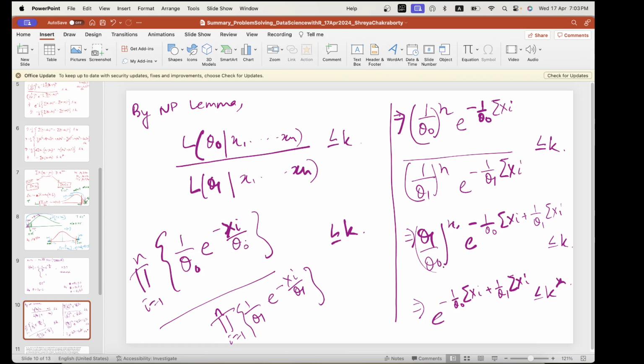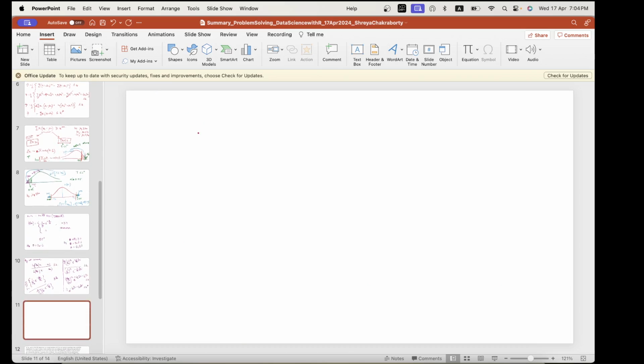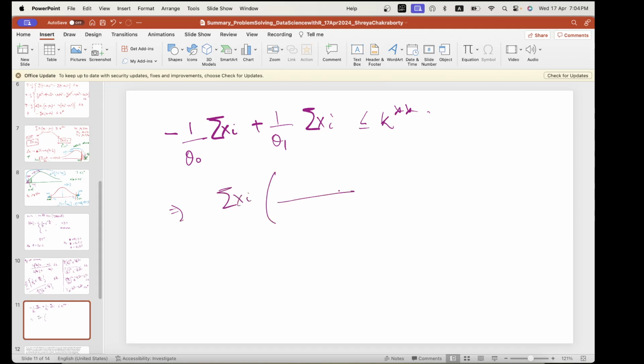Theta 1 is also positive, theta naught is also positive. Alright, now if we take logarithm, then we'll have minus 1 by theta naught summation xi plus 1 by theta 1 summation xi. This is less than or equal to some k double star. Alright, so if we take summation xi common, this would be,